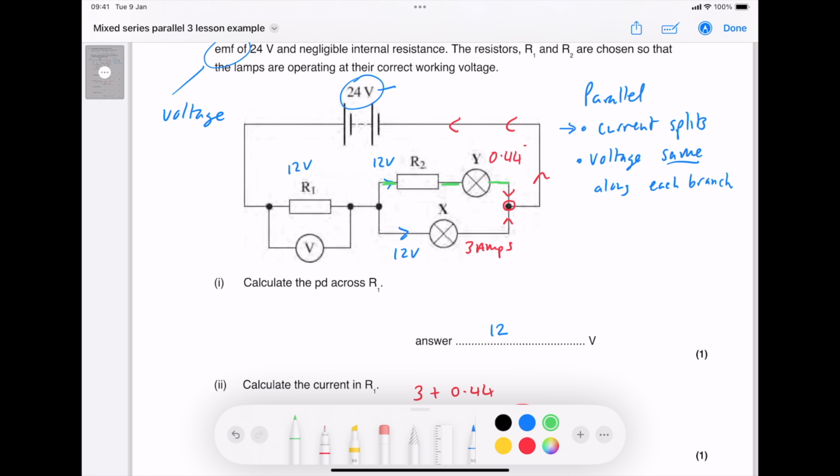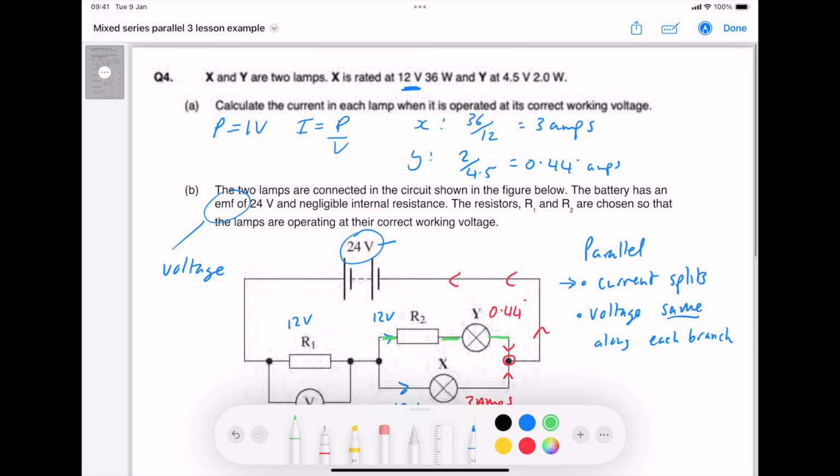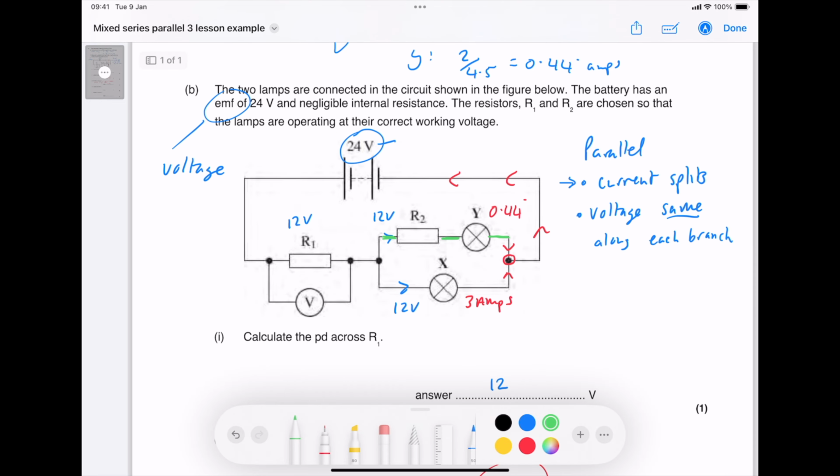So we know that 12 volts is running down that entire branch. However, of that 12 volts, we have been told from the first bit, just circled there, that 4.5 has been allocated to the bulb Y, which means the remaining 7.5 volts, because 7.5 plus 4.5 is 12, must be allocated